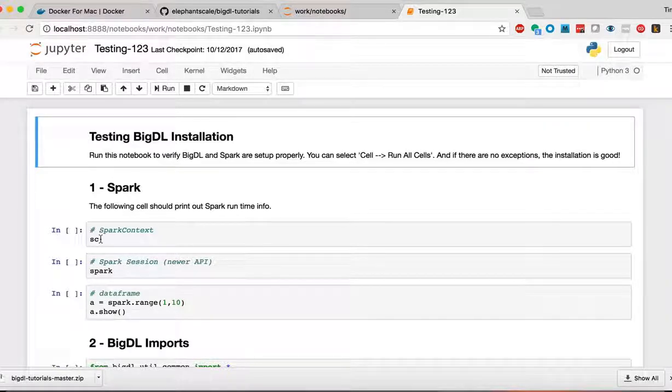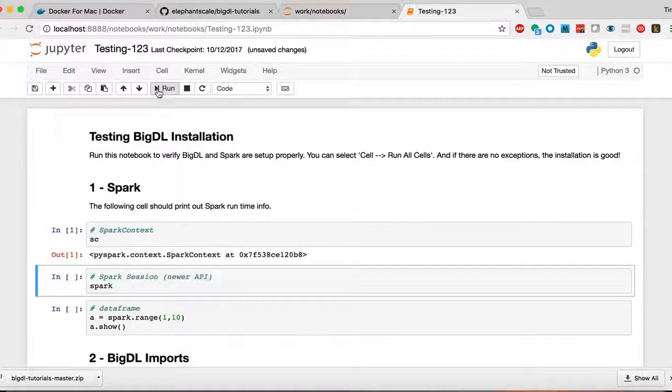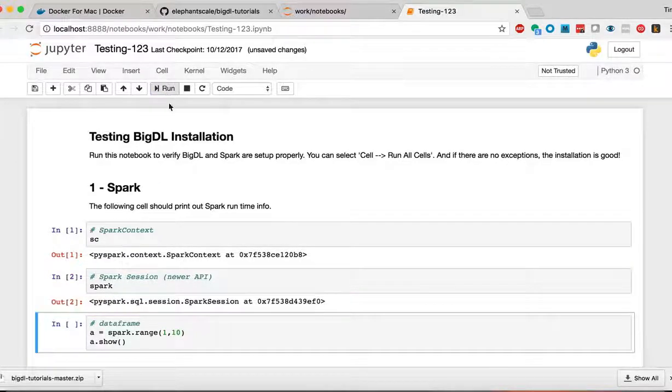One of the things that running along with Spark is going to give us is a couple of instantiated objects, namely the Spark context and the Spark session. The Spark context is applicable for versions of Spark before 2.0, and the Spark session is included there. So you can see here that we do have the SC object, the newer API. Also, we see that this is available as well. So these are both available, and we can see this here on our installation.